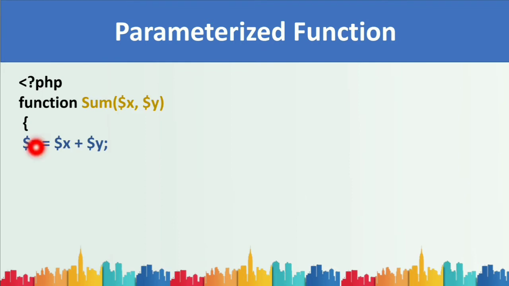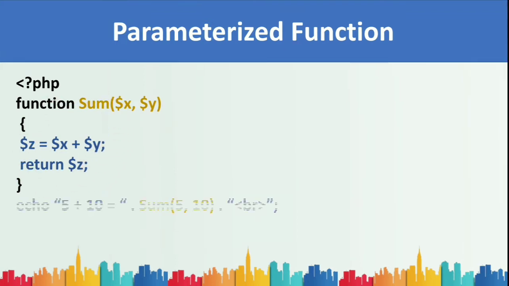Here we have an executable statement, z is equal to x plus y. This is the addition code. X plus y, we store the result in variable z. And then we have another statement, return z. So you're returning the value of z from this function. Outside the block, we have the function call statement, and that is present in an echo statement. Echo means you have to write the output. This is the output statement. Whatever comes in double quotes, you have to write as it is.